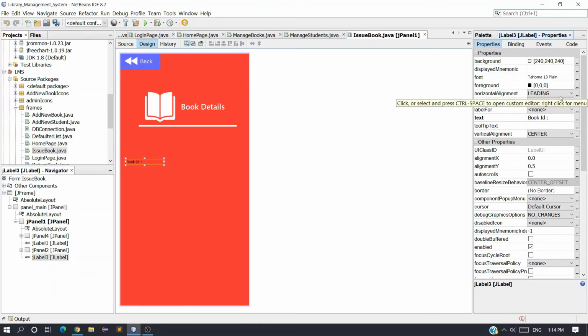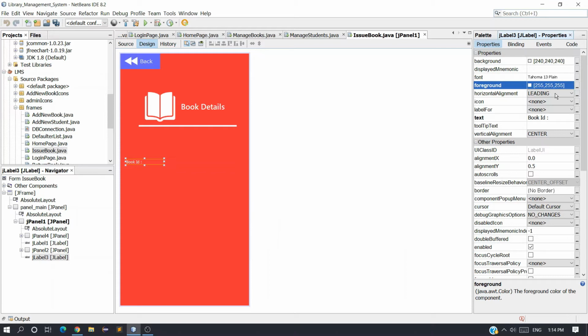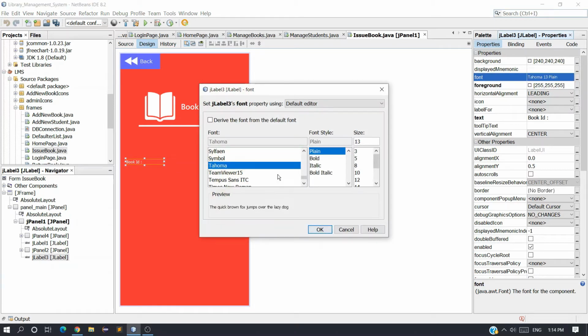Make the foreground color as white, and font size and font Segoe UI, semi bold, plain and 20.